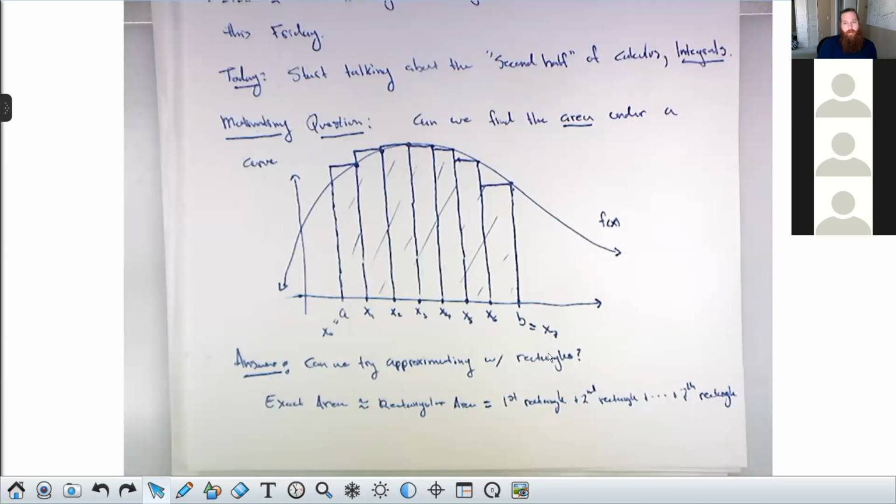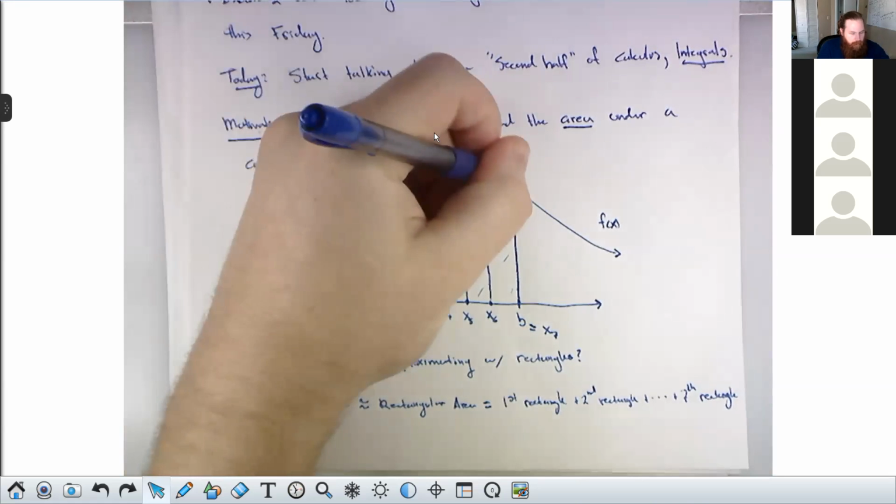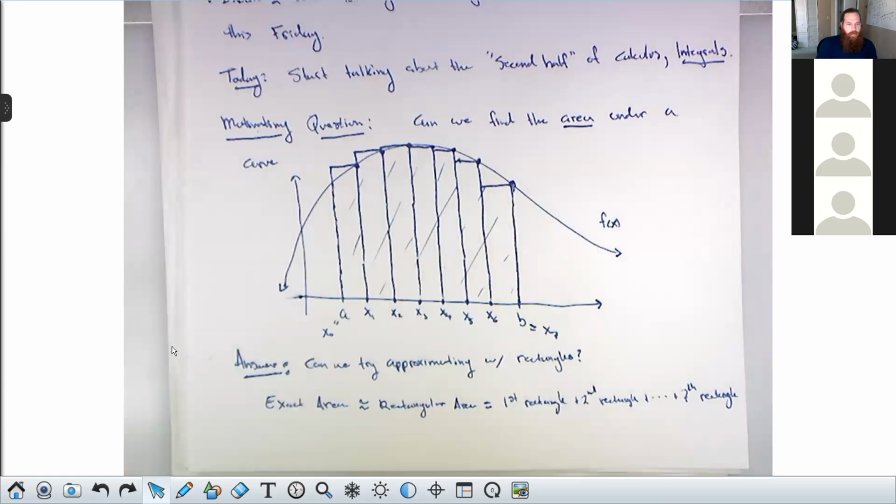So there's a few things that we're going to want to do as we start getting comfy with this. We're going to want a notation for big addition problems. We're going to want some notation for these horizontal distances. We're going to need to be comfy with where these heights are coming from. And we're going to want a general way to express the exact area. So there's going to be a meaningful amount of formula work here, I guess is what I'm saying, right?